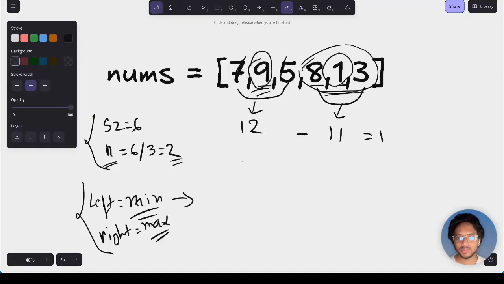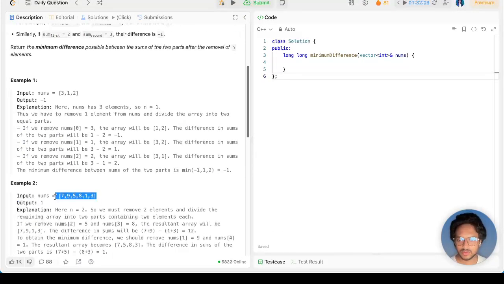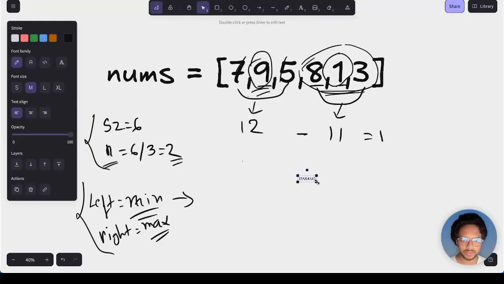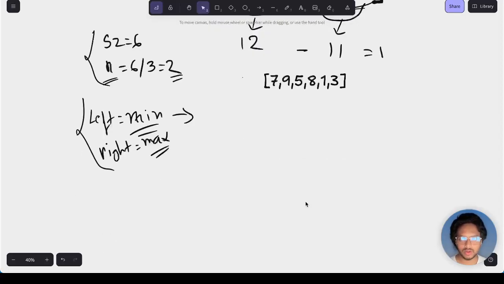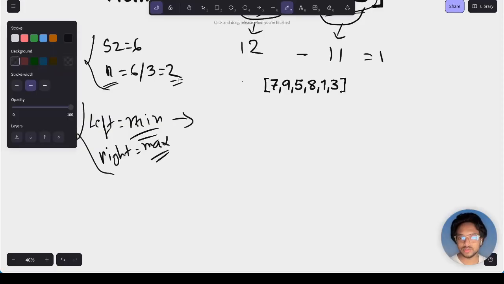Okay, if I copy this one again, I'll just paste it here, right? Doing this one, we know our value of n is 2 now, right? Our value of n is 2 now. So what does this one mean? It means we have to remove 2 values, right? If we remove 2 values,